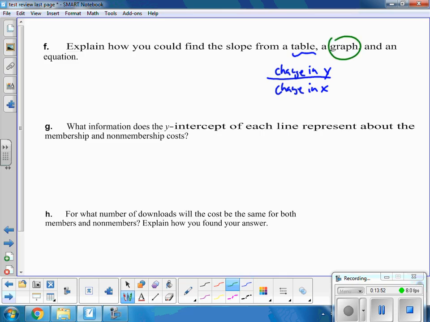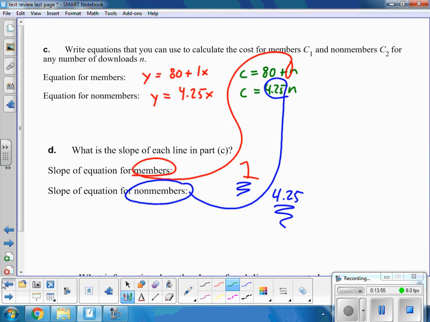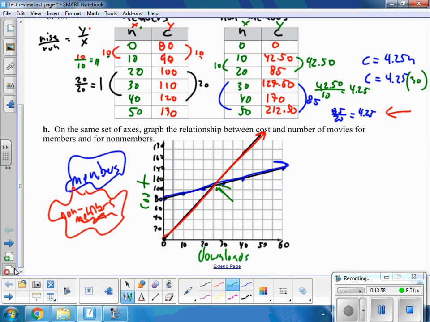So let's go back and take a look at the graph. Again, we're looking for the slope. The slope in a graph. And here is my graph. So the slope, we're looking from point to point. All right, so I've got a point here, and I've got a point here. Let me check that out. That 20, that's 40. Okay, I want to make sure I get the right points here. I got to check my rise and my run. So it looks like it is rising 20, from 20 to 40: 20, 30, 40. So that's rising 20, and it's running